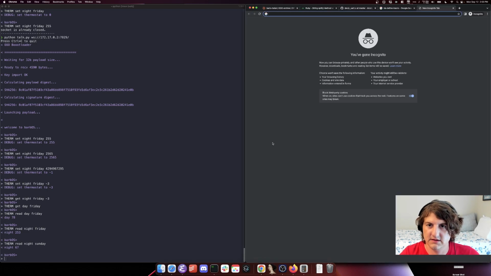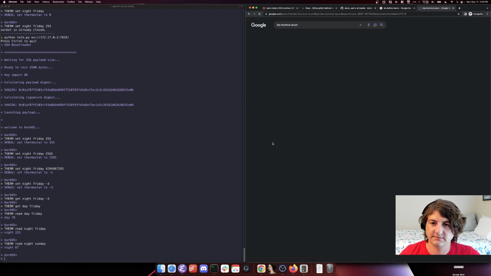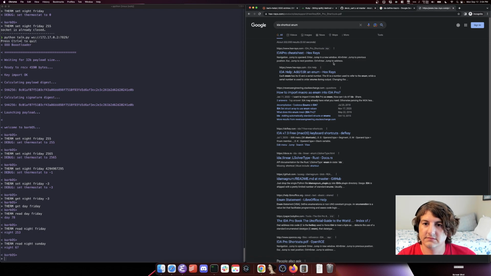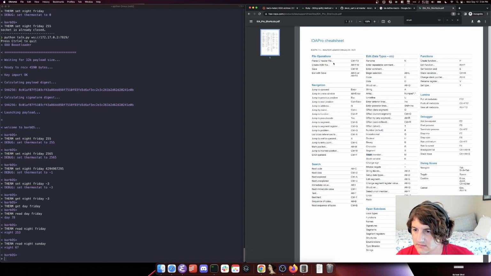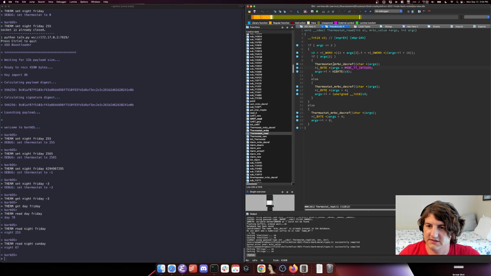Let's look up the IDA shortcut. Enum. Enum member, M. So I should just be able to hit M. Sick. M. Oh, that's 0. Okay, great. So if we call thermostat read,